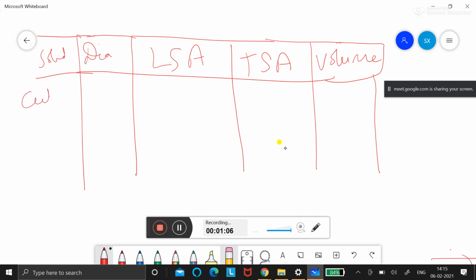Take a cube. You know about cube. The diagram will be like this. Now lateral surface area: sometimes your rooms will be in a cubical shape, and for lateral surface you want to paint only the wall. In your cube, all the sides are in the form of, what is this shape?